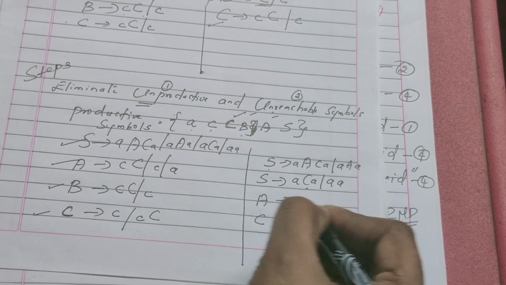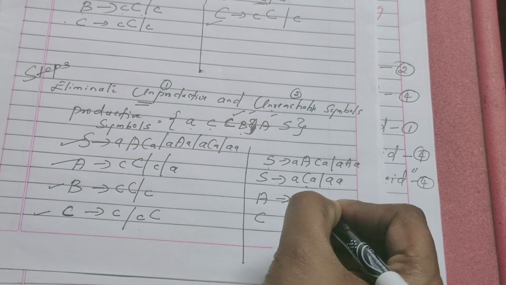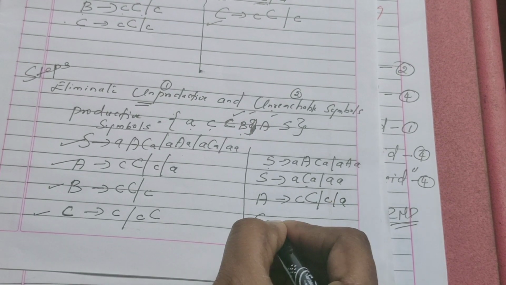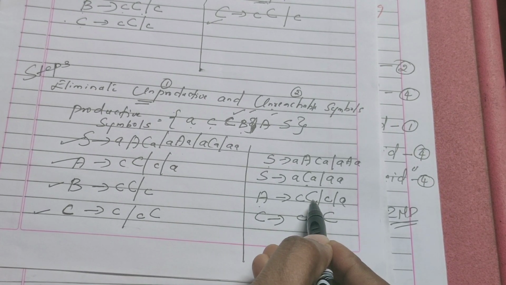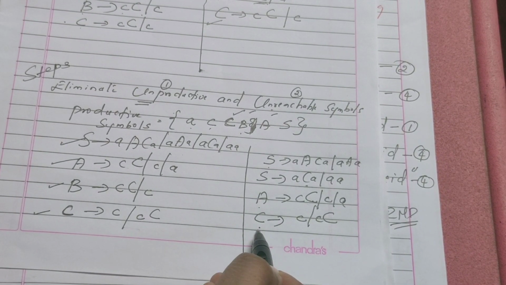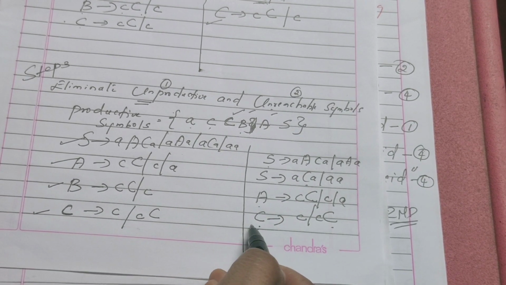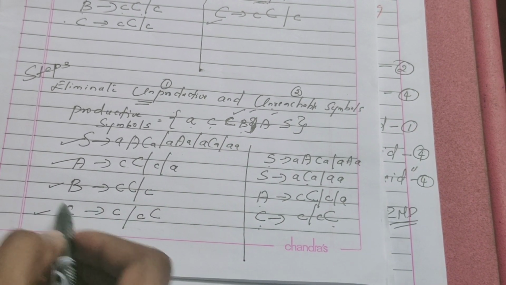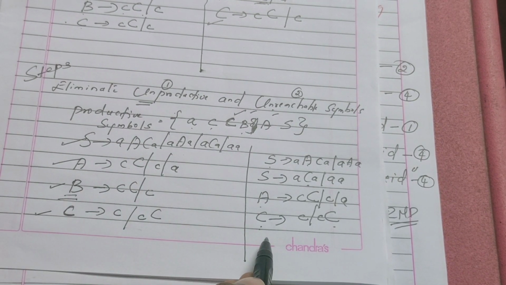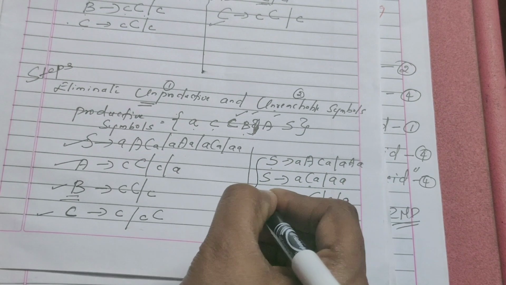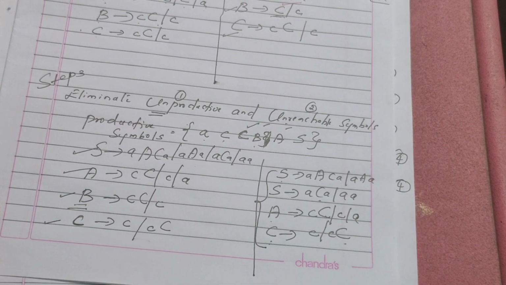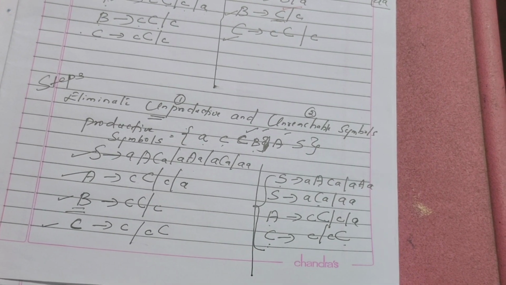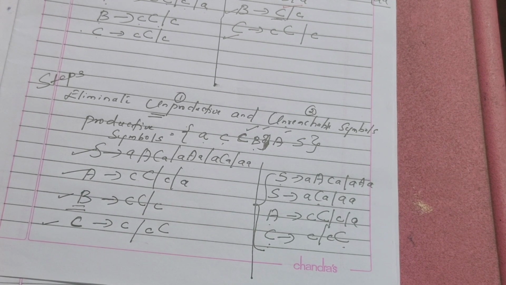What is the production rule for A? It is given here: C, R, A. For the variable C, it is C, R, C. Now once again analyze. From A, C is reachable, which we have already included. From C, C itself is reachable, so it's already there in the grammar. Now which is the unreachable symbol? B is the unreachable symbol, which we have eliminated from the grammar. So this is the final simplified grammar. Now we have simplified the grammar, isn't it? Now what we are supposed to do is convert the simplified grammar into CNF, that is Chomsky normal form.